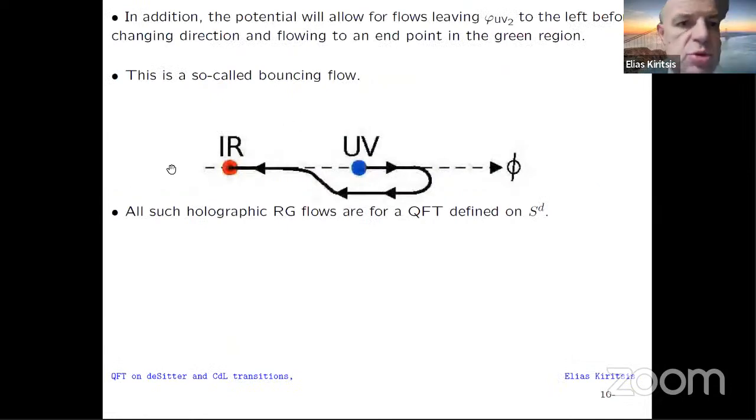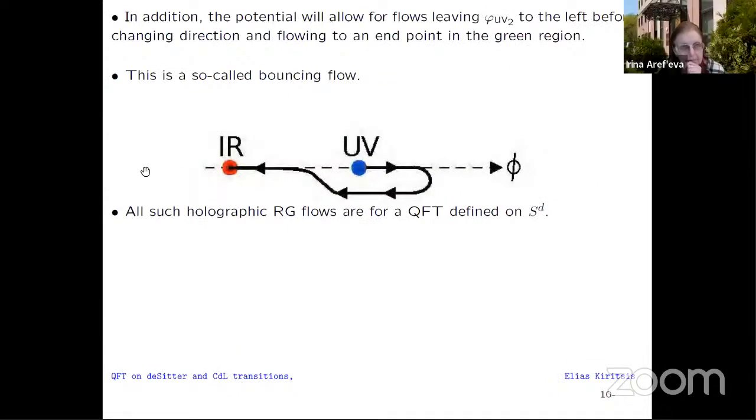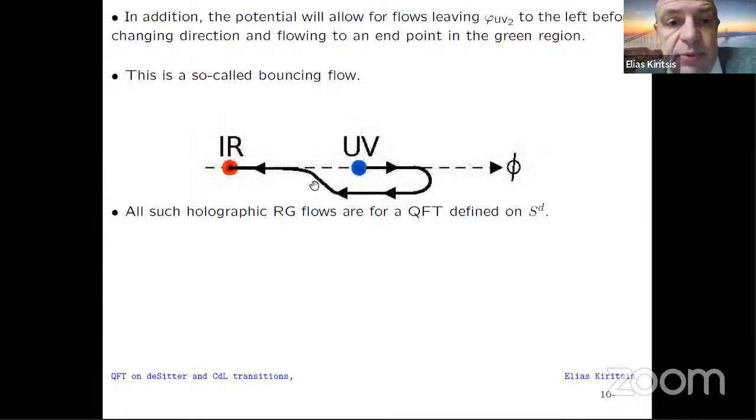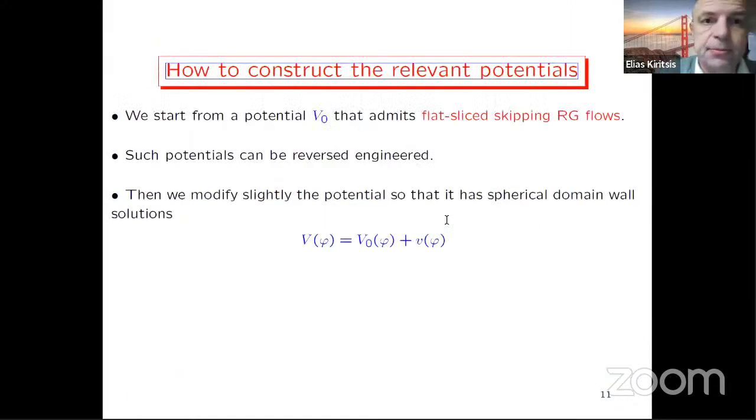And if you try to project this into the real line, as you would do in quantum field theory, it would be like you're flowing in this direction, this turns around and goes here, which of course cannot happen. However, I should remind you that all of these holographic flows are for quantum field theories defined on a sphere, not in flat space. So the question is, how can we fine-tune potentials so they have such instanton solutions or